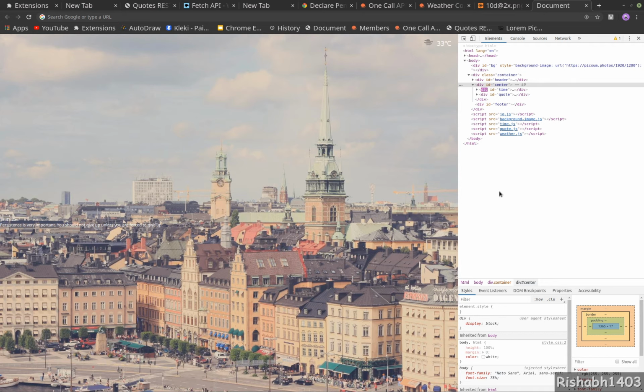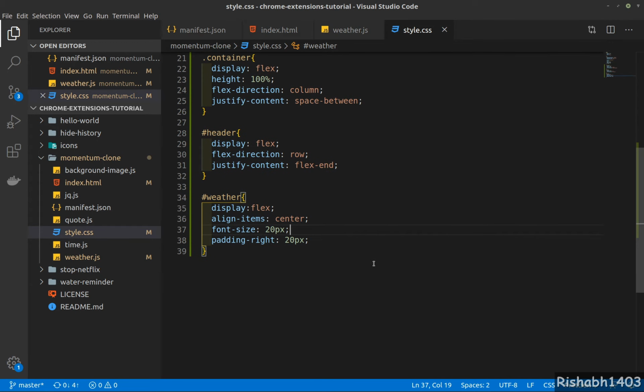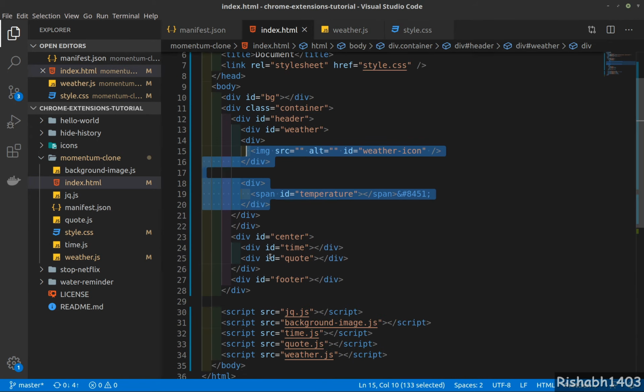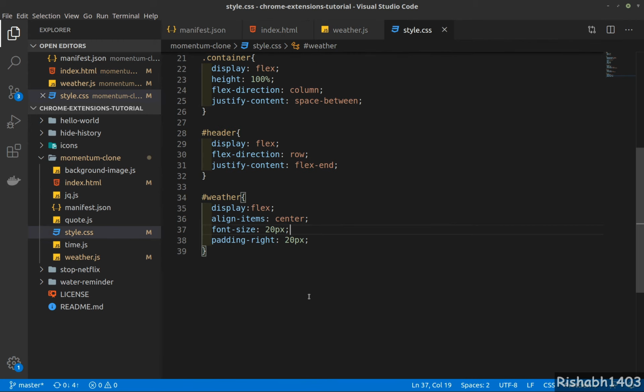Let's go ahead and do our center. Again, center will be a display of flex, so this whole thing will be a flex display, and this both will have column direction because we want time on top and then quote below. That's all to it. Let's go ahead and do this.